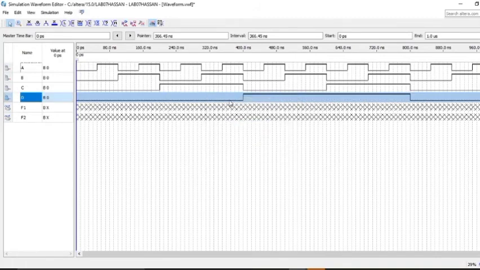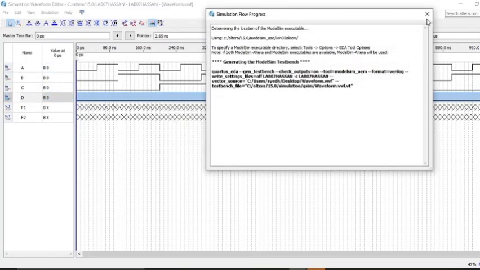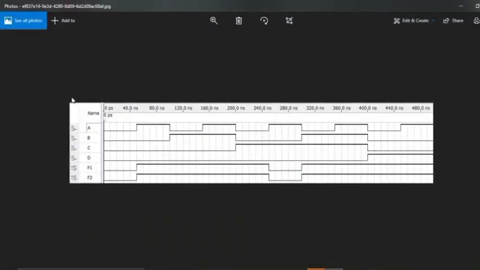You can see that the total maximum possible combinations, 2 raised to power 4, will be formed in this entire waveform, a total of 16 possible combinations, meaning this 1 and this 0. After a successful compilation, instead of wasting time in compiling, I have already taken a picture of this entire waveform.